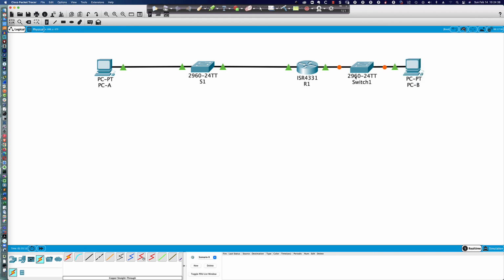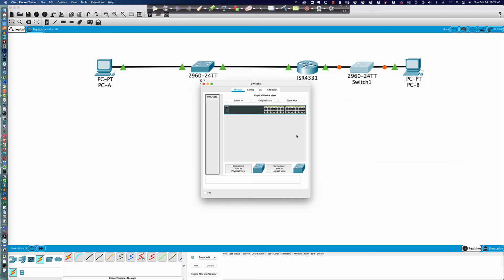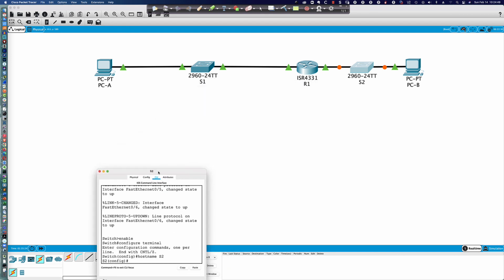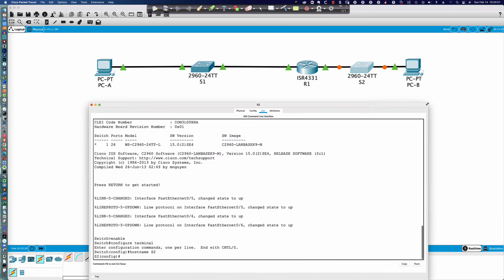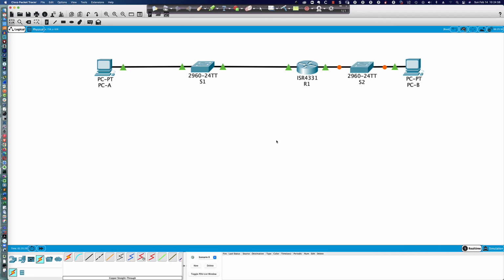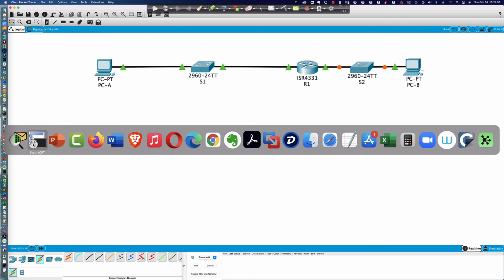Now, what's interesting here is I've just put this new device in here, which has booted, so let's go ahead and put in here switch 2. There we go. We'll get to the CLI. All right, so we've got switch 2. It's all booted up. Spanning tree is going to do its thing. And the question is,